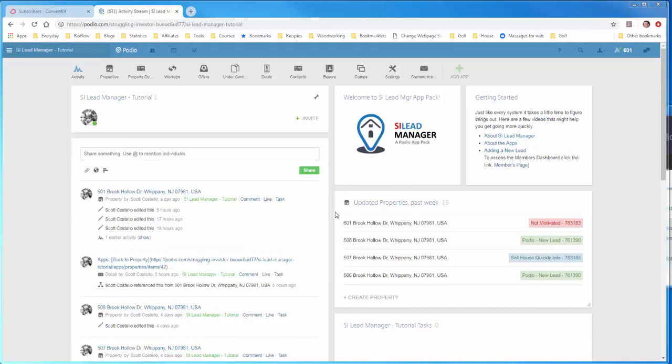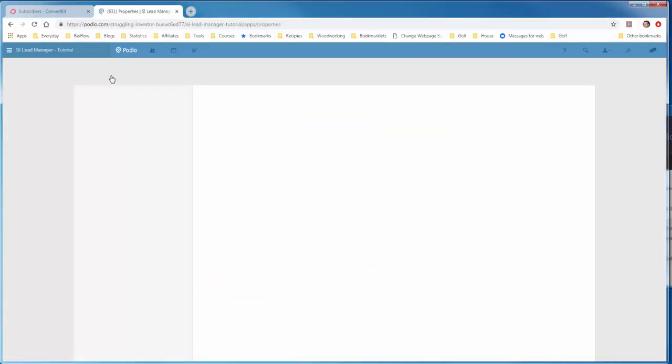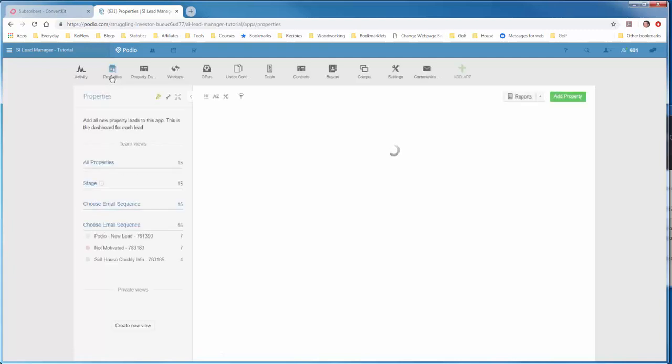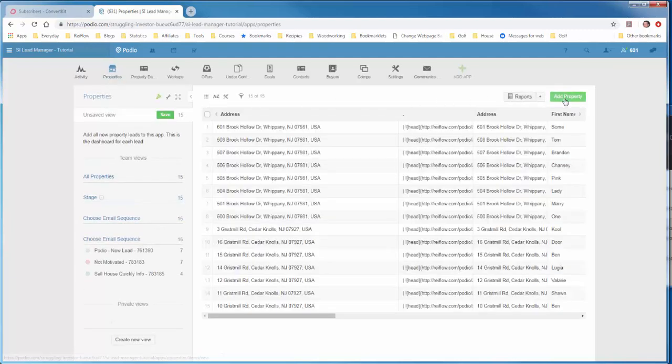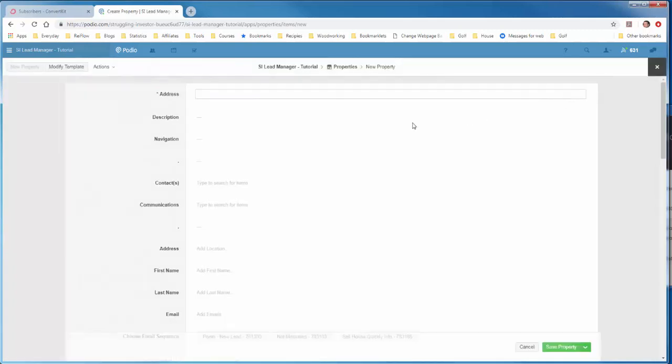In this tutorial, we will be creating two Zaps, one for creating a new subscriber when a new lead gets placed, and also for updating that subscriber's email sequence after the fact. So here we'll go into my Properties app, add a new property, put in a property address,